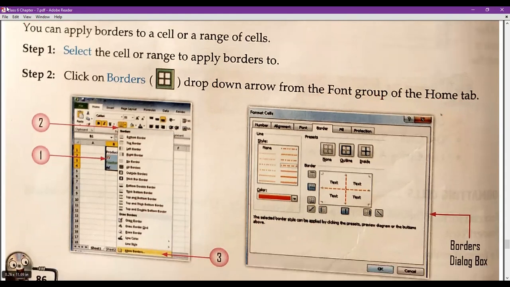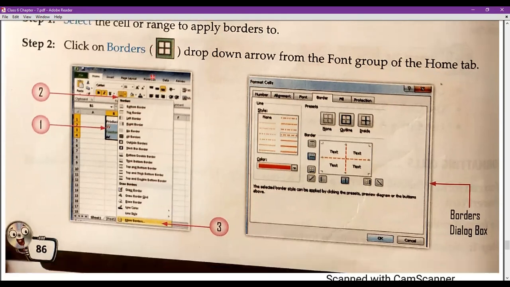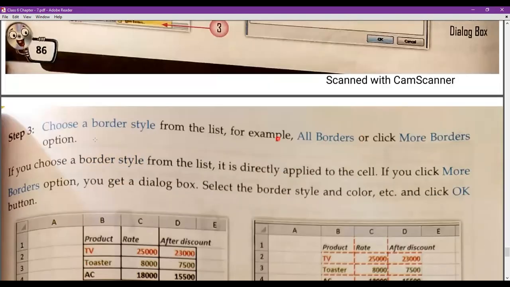You can find the Home tab, the font group, and you will find the borders. Here are the borders. First we have selected the cells, then we clicked on the border, and there are so many options available for the borders. Now we can adjust it also. Choose a border style from the list, for example all borders, or click More Borders options.